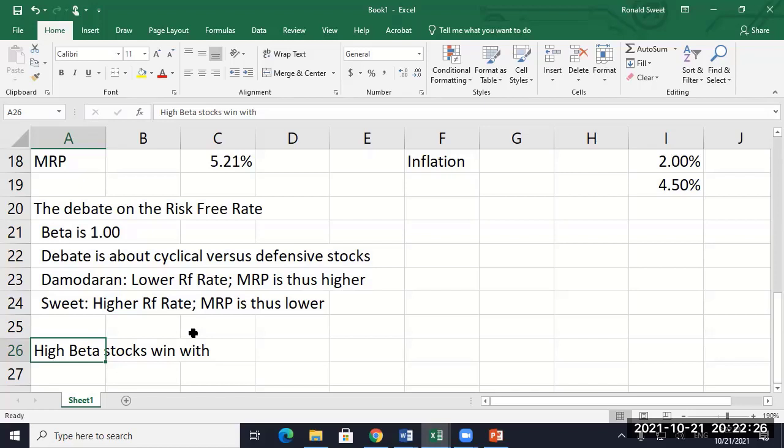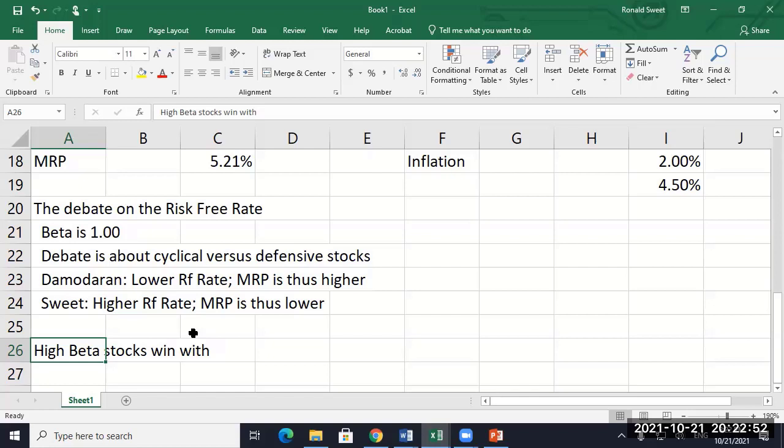If your beta is pretty close to 1, it's an academic discussion. It doesn't really matter. Which is kind of unusual because I don't like high beta stocks. I tend to like low beta stocks. So I have this approach that benefits the stocks I don't really like. But just be aware that what you pick as your risk-free rate, whether the lower number or my higher number, is going to impact your valuation.